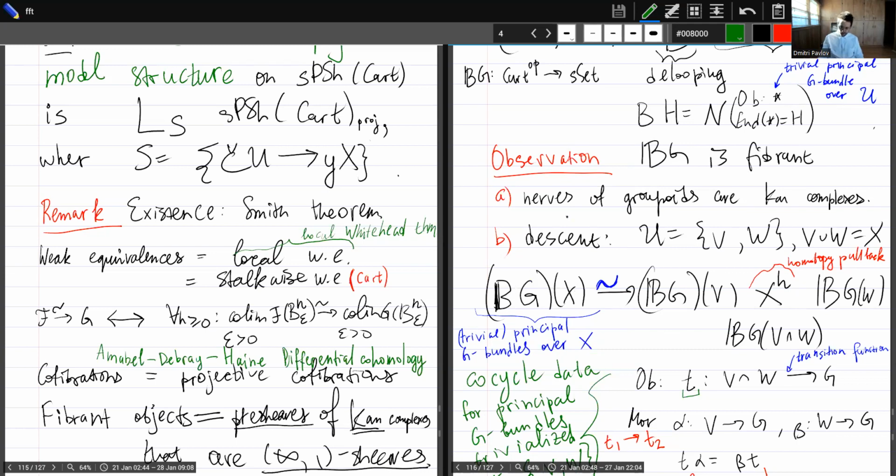So this left side is of course the same as the derived mapping space from X into BG,